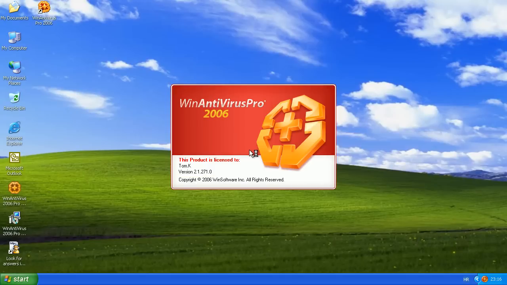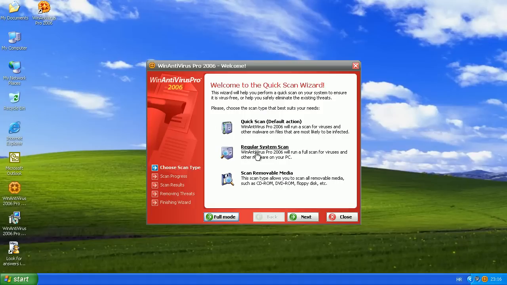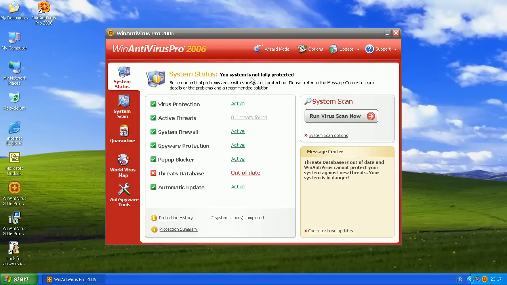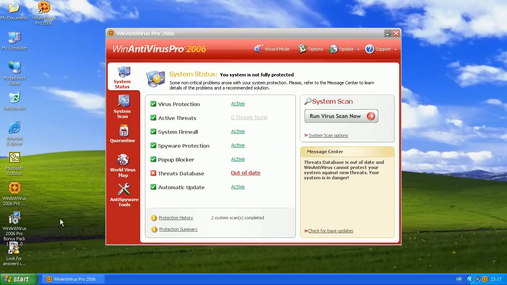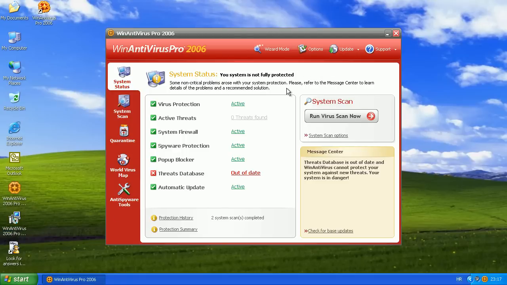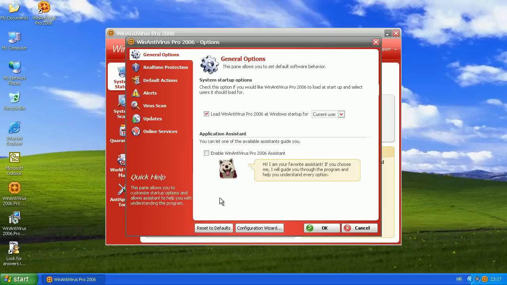and we are back. Okay, we have quick scan, regular system scan, and scan removable media. That's only quick scan wizard. Let's try full mode for now. That's pretty much extended. Well, we still didn't install this one. We'll check it out later. Well, let's see your options for now. Actually,